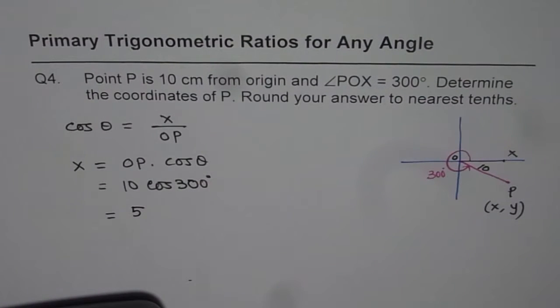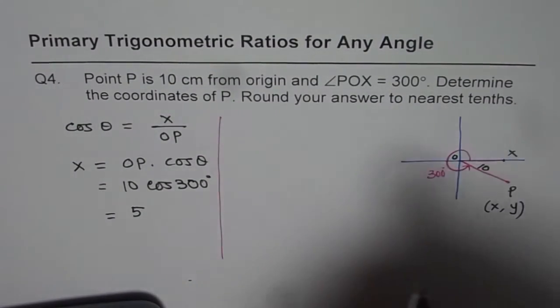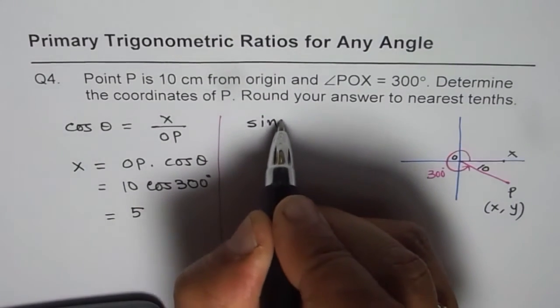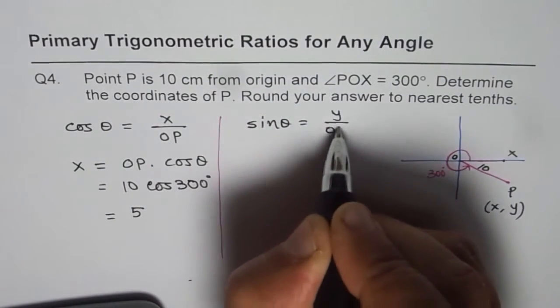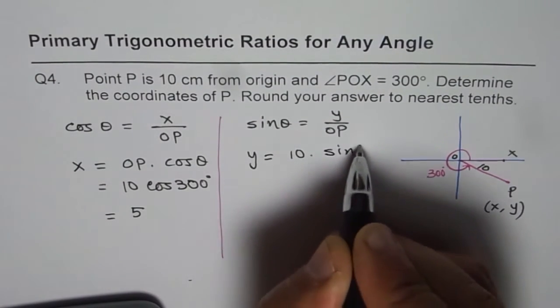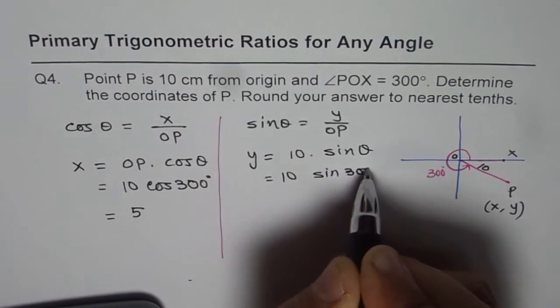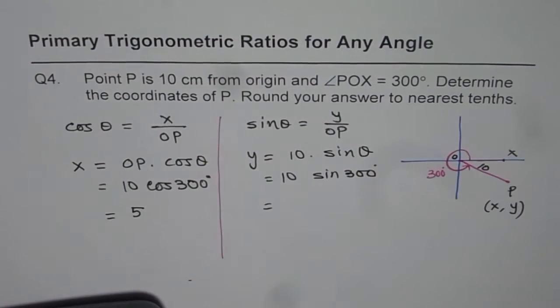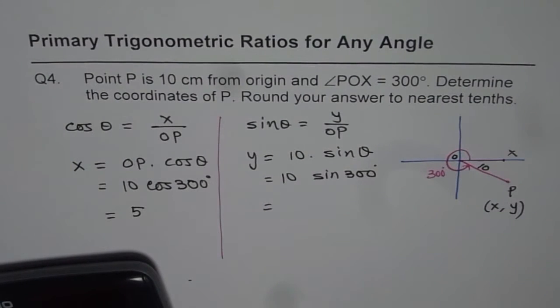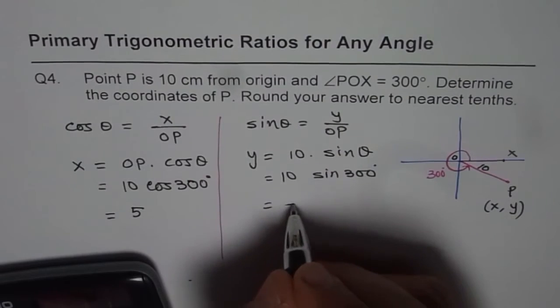Now let us find the Y coordinate for point P. So we know sine theta is equal to Y over OP. So Y is equal to 10 times sine theta, right? Which is 10 times sine of 300 degrees. And we can use a calculator and say 10 times sine of 300. Should it be negative or positive? We are in quadrant 4, so sine should be negative, right? So the answer is minus